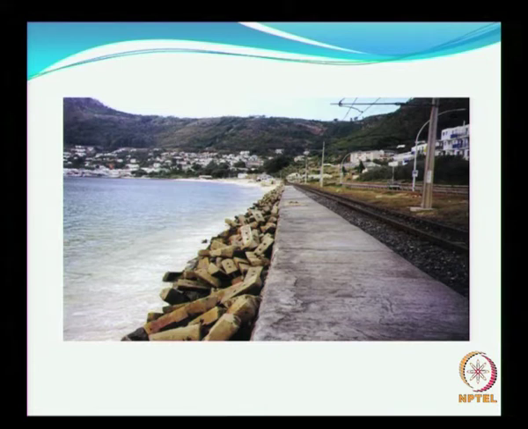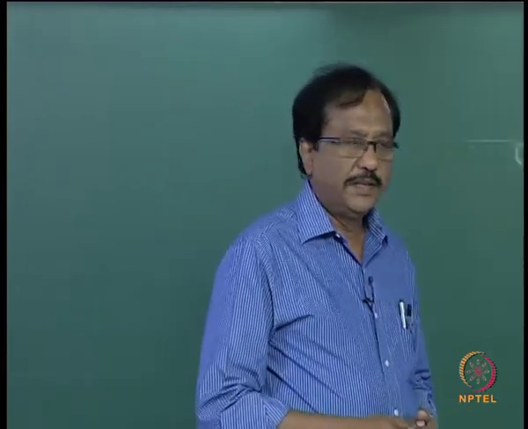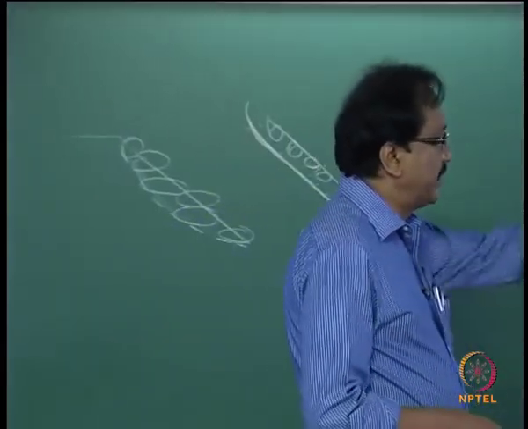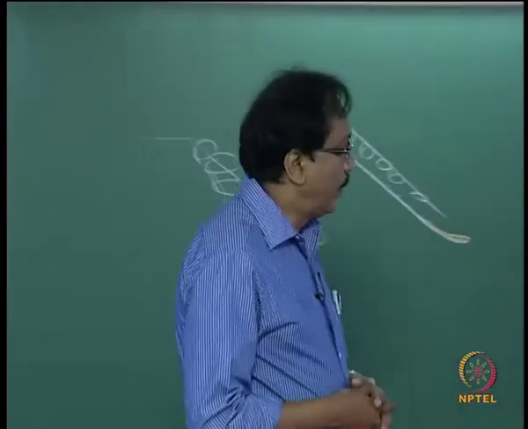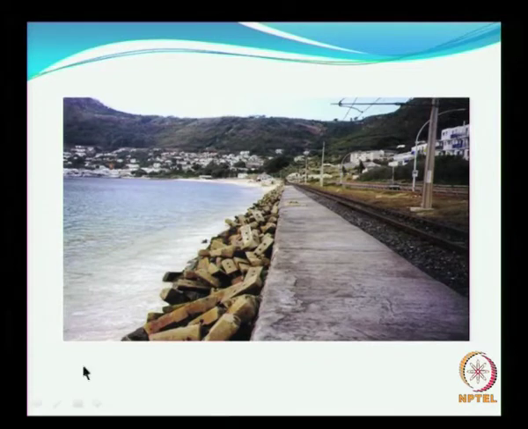So this is a typical photograph, somewhere in Cape Town in South Africa, wherein this is a railway line, and you see that they wanted to change this railway line. The sleepers were not in good condition, and they wanted to get away with the sleepers and renovate all the sleepers of this railway track. What they did, instead of dumping it somewhere, is they have just used this along this protection measure.